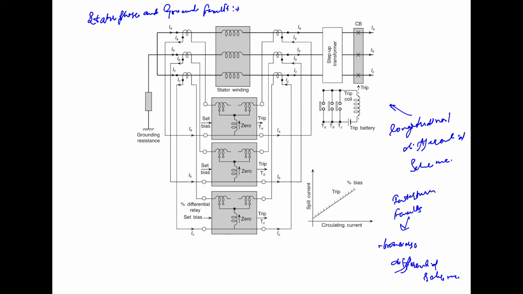In the transformer there is a voltage difference and a tap changer is present. So the percentage bias setting of the generator differential relay is quite small compared to the power transformer. One thing you have to take into consideration is that the percentage bias of the generator differential relay